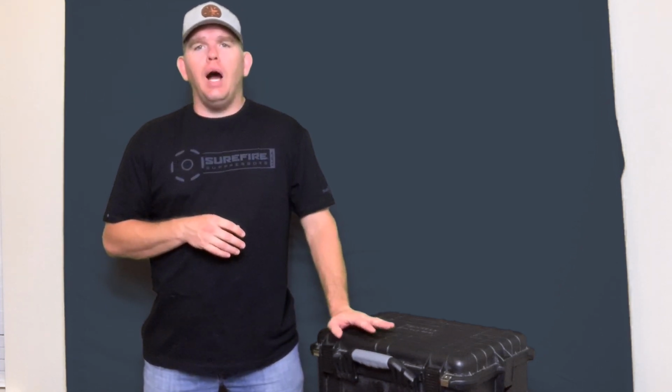A couple years ago, as I started working with new shooters and I would take pistols to the range with me, I noticed that my range bag would just get, I have way too many guns in there. I think I only got like 3 sleeves in my range bag. And I started looking for good options, started looking for hard cases with inserts in there, and I came across